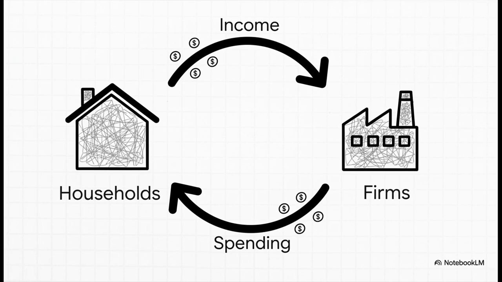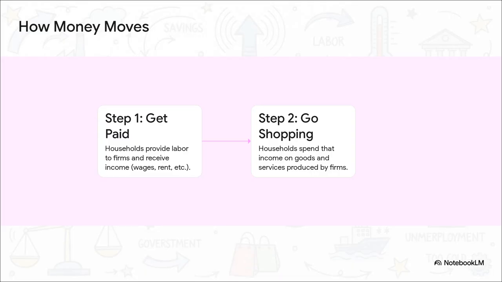So when you boil it all down, the economy is really just this constant flow between two main groups. On one side, you have us, people, households. And on the other, you have the businesses that make all the stuff we want and need. We'll call them firms. And it works in a really simple loop. Step 1. We work for the firms, and they pay us our income. Wages, salaries. Step 2. We take that money and go shopping, buying the goods and services the firms produce. See? The money flows from them to us and then right back to them. It's this perfect, self-sustaining circle of cash.